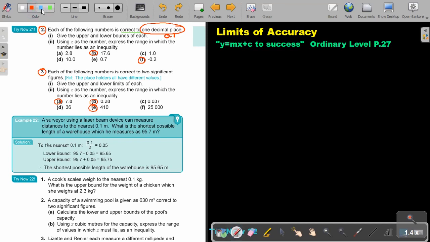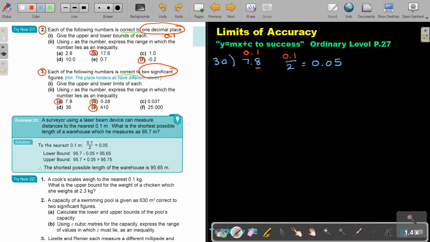Okay, number 3a. Now this is correct to two significant figures, and it's not fixed. It depends on the number. So remember what I said to you. Say for example, the number is 7.8. Then underline the second significant figure. This is the first, 7. The second is 8. Then I said put a 1 in that position and fill the rest of the positions with 0. So actually it's going to be 0.1, which I'm going to divide by 2, which is going to give me